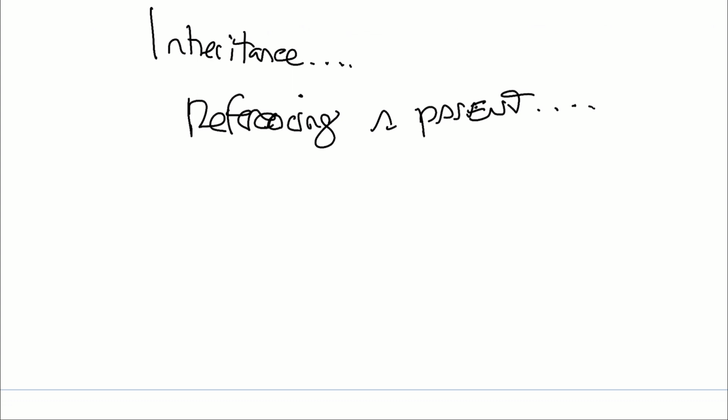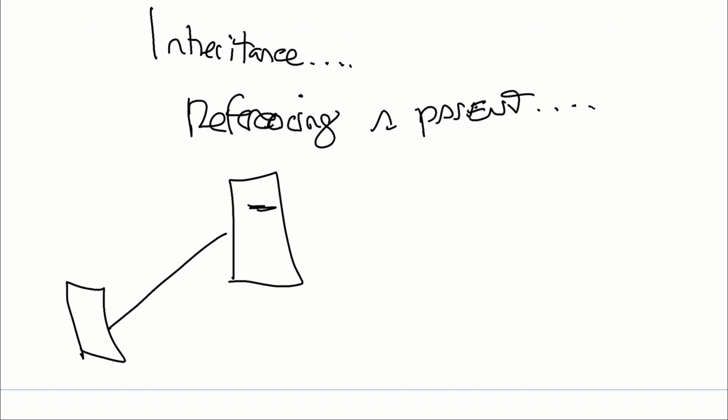Because here there's an active connection. Okay, there's a direct link between you and who you inherited from, and that link means that if something happens here and you inherit it from that, it will update to you as well. And we want this to happen because here's the thing: if there's a bug,